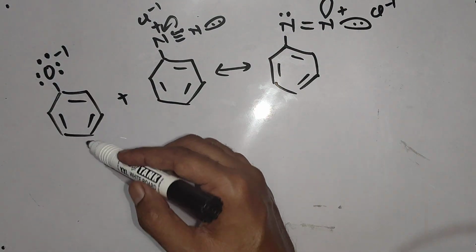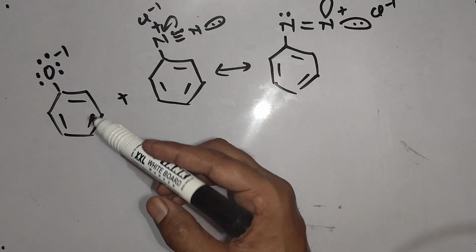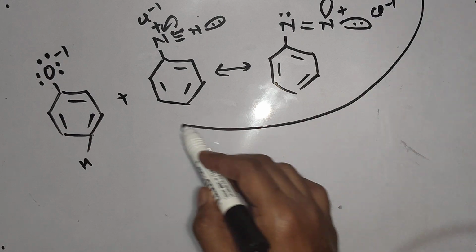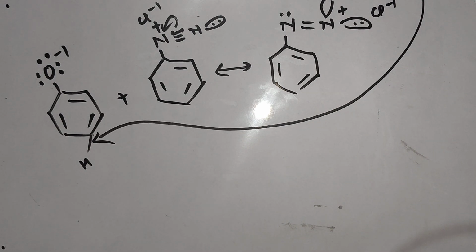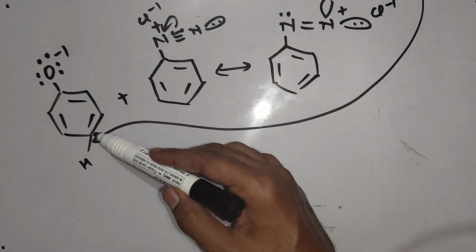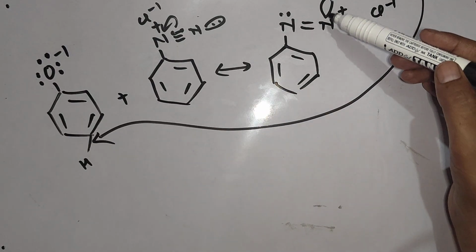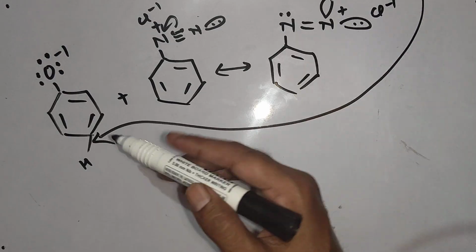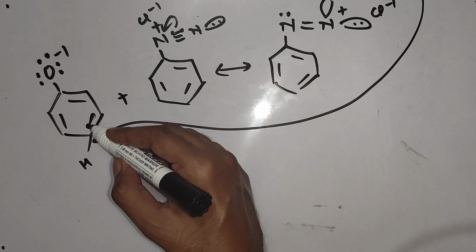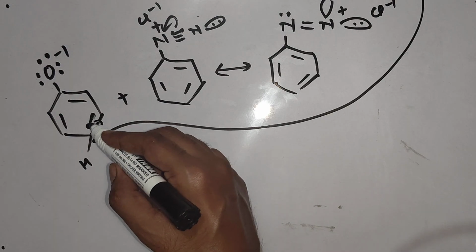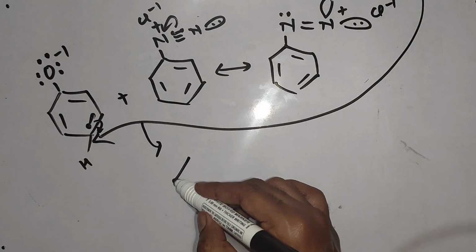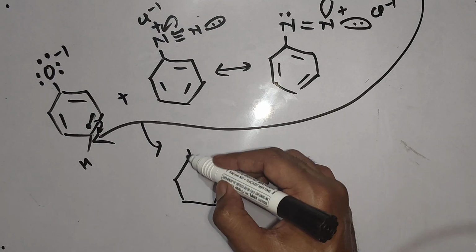Now we know due to resonance electrons are present here, so the ring will attack on it like this. Para position will be attacked. Now there is a vacant orbital, and for bond formation 2 electrons are required. This nitrogen does not have any electrons for the bond formation, so the responsibility will be of this carbon. How? It will shift these pi electrons here, and it will use these pi electrons to make a dative bond with this nitrogen. So the next condition generated will be